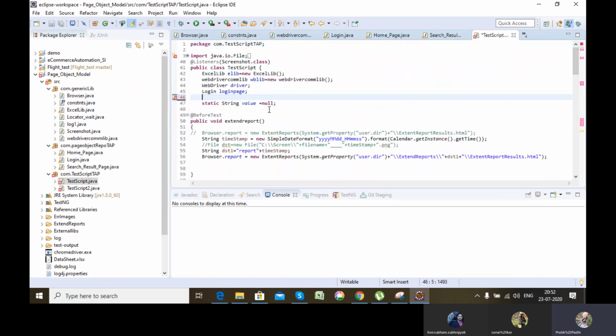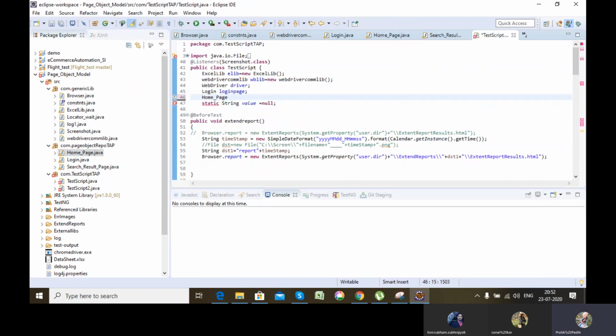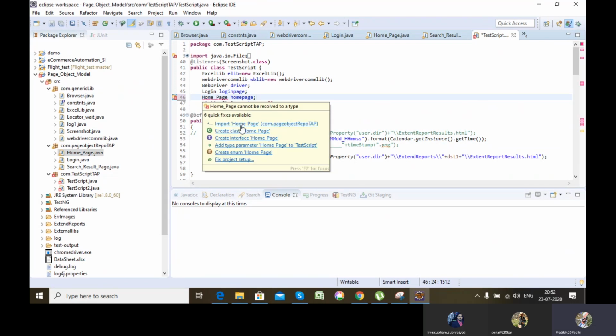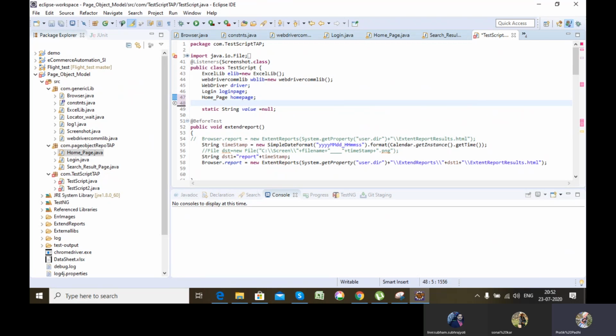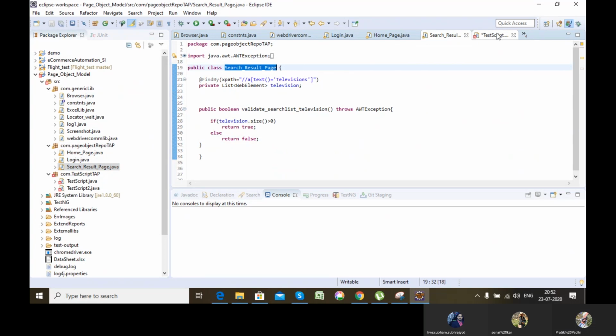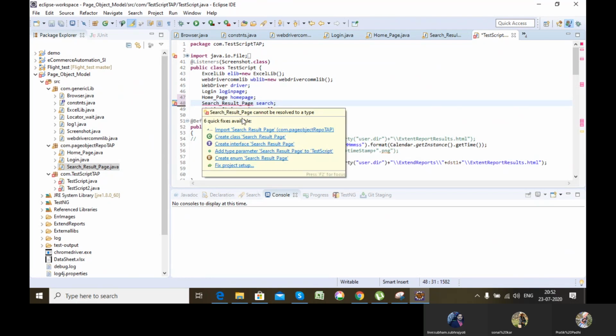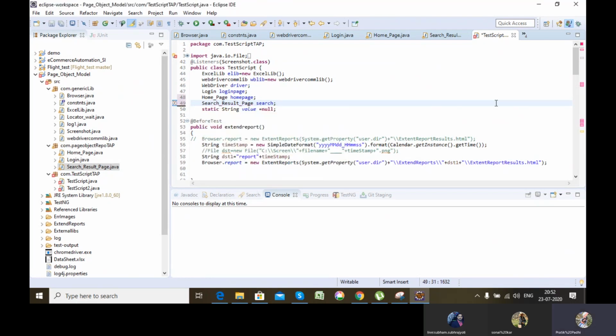So just remove these three because these three are not my concern. I'll be creating an object for the home page. Then I'll be creating an object for the search result page. Okay.